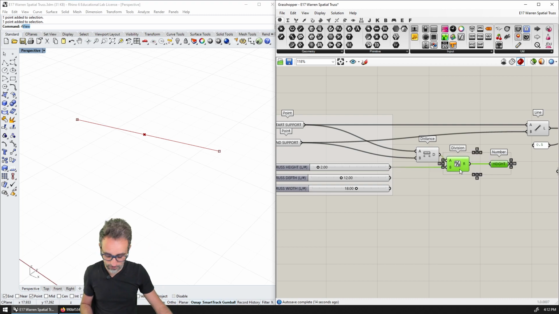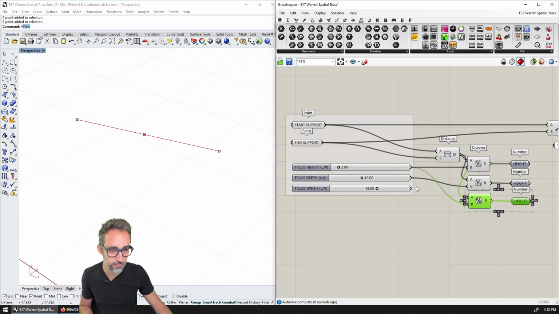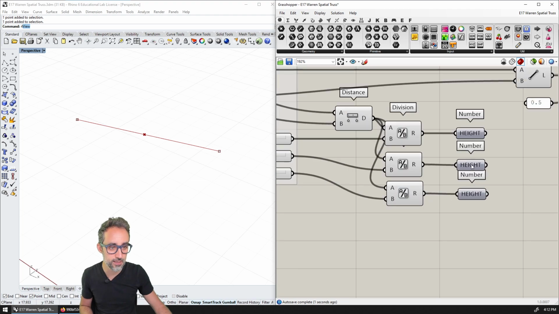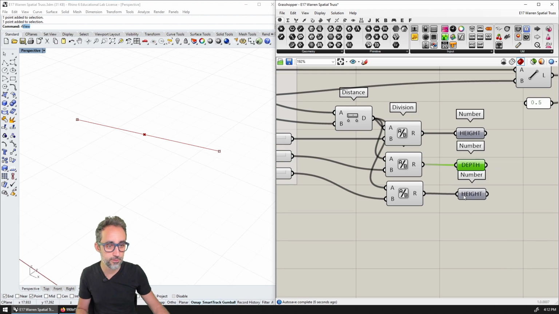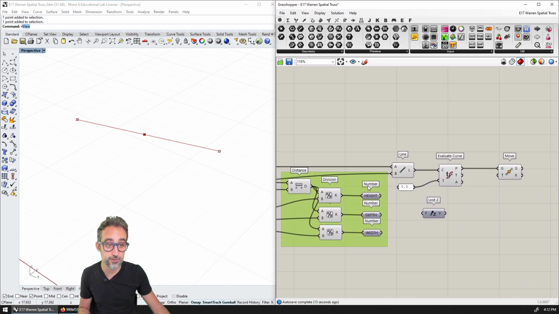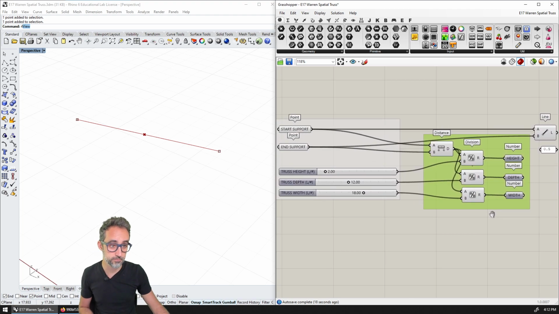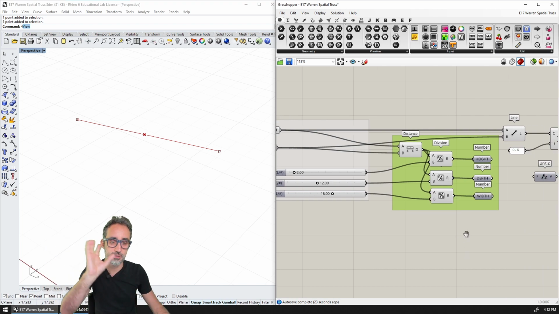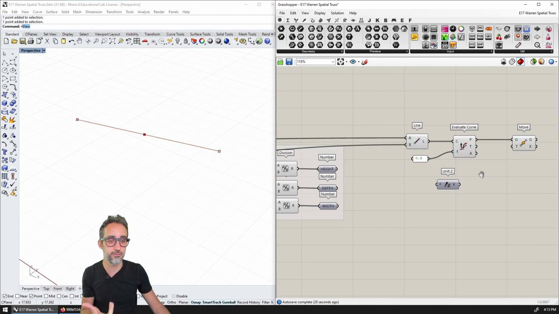So I would like to now copy and paste this 3 times, because the depth will be a factor of this and the width will also be a factor of this. And so this will be the depth, this will be the depth, and this will be the width of the beam. And I'm going to group this as in these are the actual calculations for the height, the depth, and the truss of the beam, so that I have the 3 numbers here and I know where to drag from as much as I continue developing my definition.